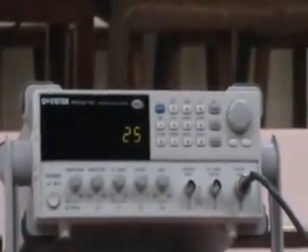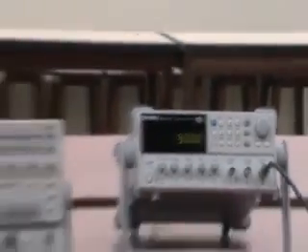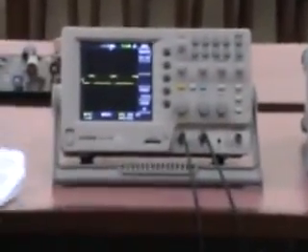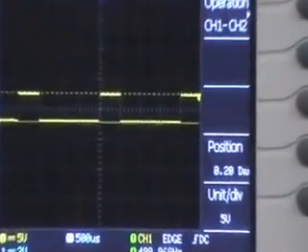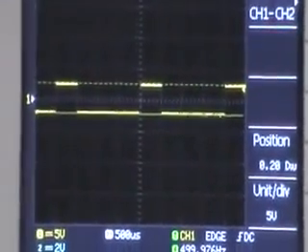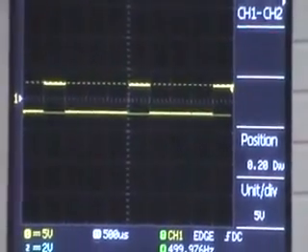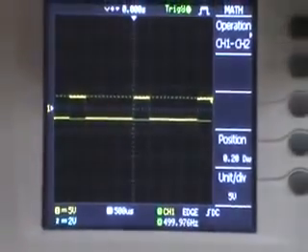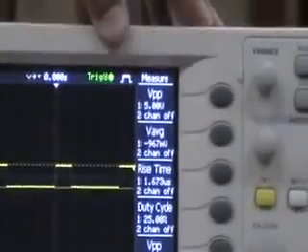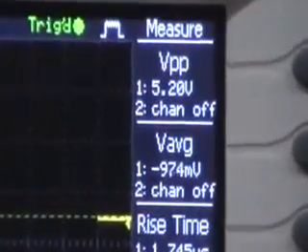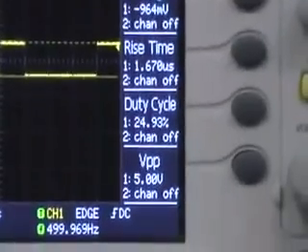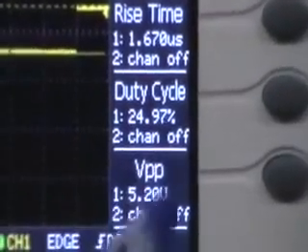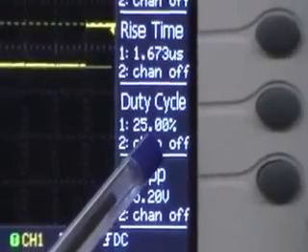Now as we can see on the DSO, the square wave is an asymmetrical square wave having 5 volt peak to peak and a duty cycle of 25%, that is being displayed over here, 25%.